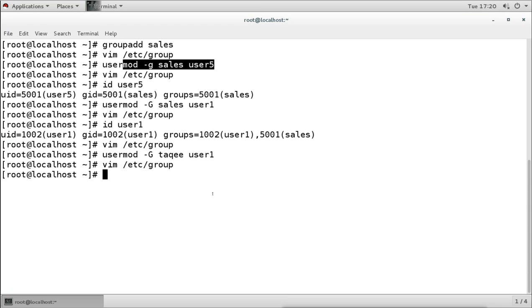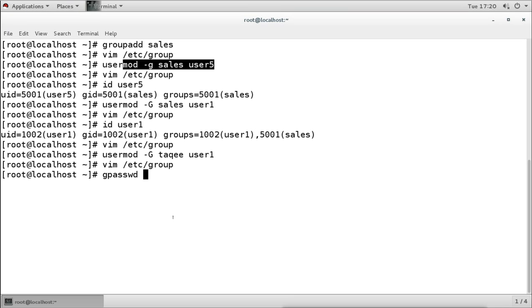So for adding or removing the secondary membership, we use the gpasswd command. This command is used to add a user into a group as a secondary member, and also to remove the user from the group as a secondary member.